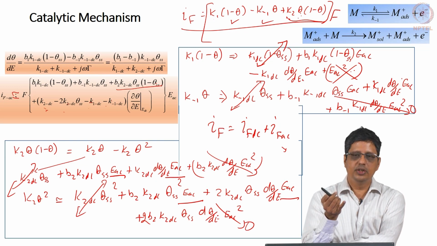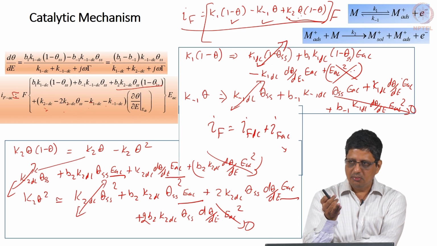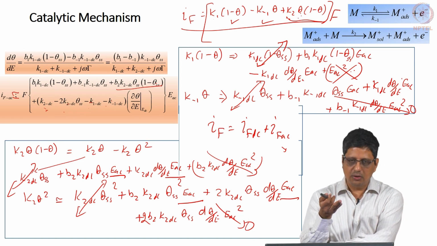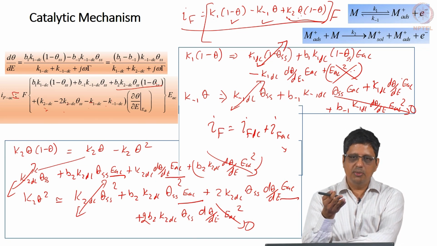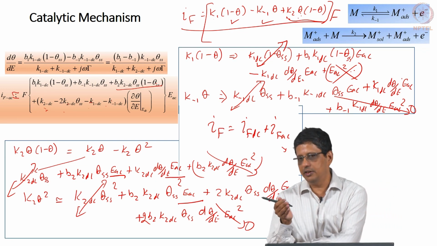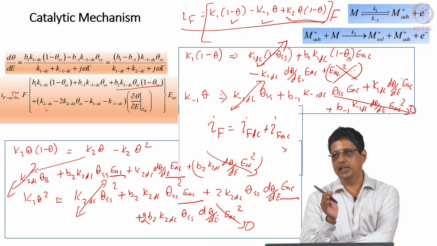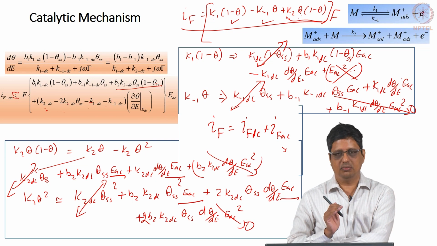As long as we assume solution resistance is negligible, as long as we assume the mass transfer is rapid, if you know how to handle the reaction given here, the catalytic mechanism, if you know how to handle two adsorbed intermediates, you should be able to propose any mechanism and write the impedance expression for that mechanism regardless of how complex it looks.